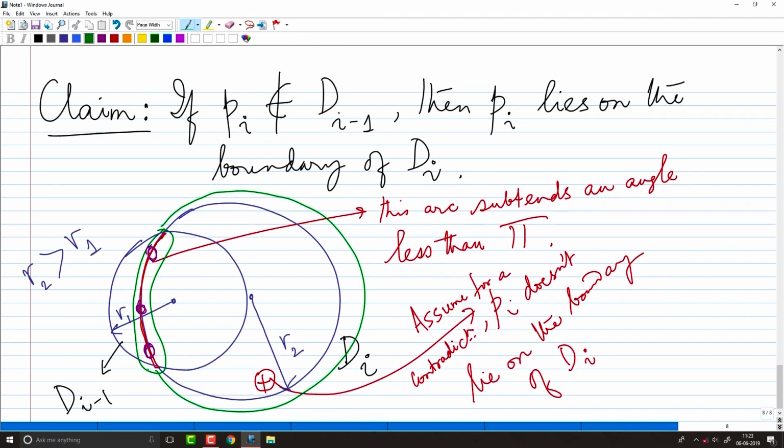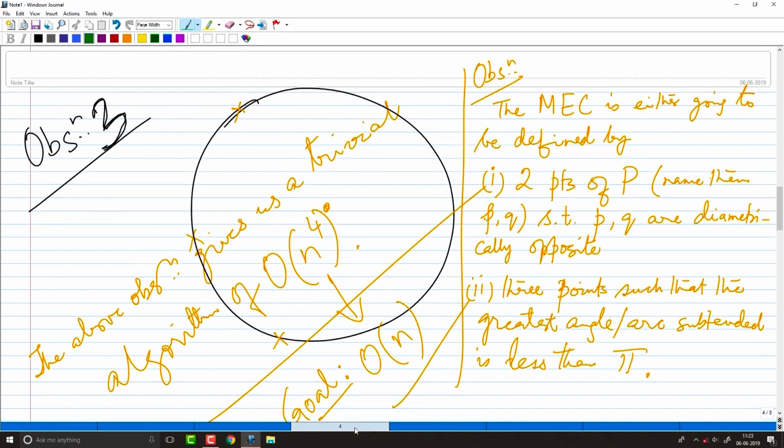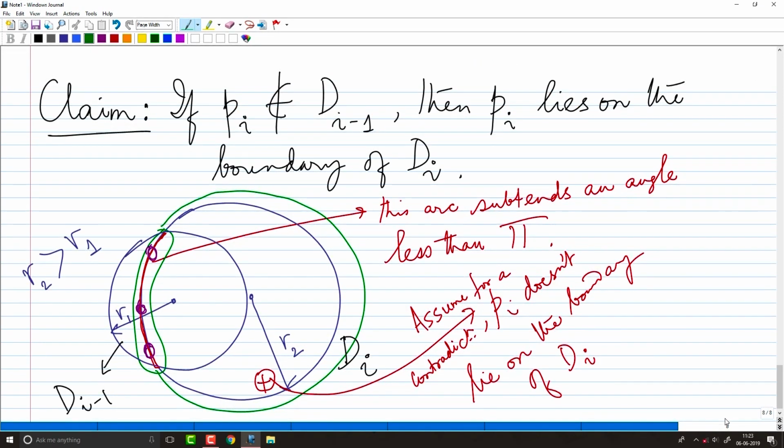This arc is more than pi and this violates our condition, right. Three points should be such that the largest angle subtended should be less than pi, but it violates this. So, I cannot have this